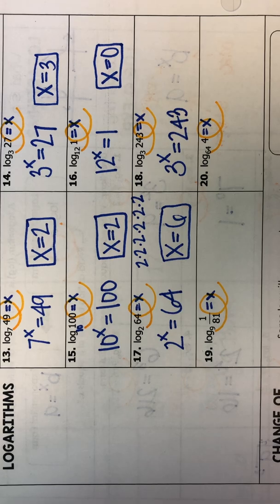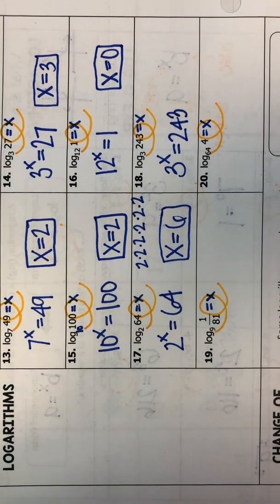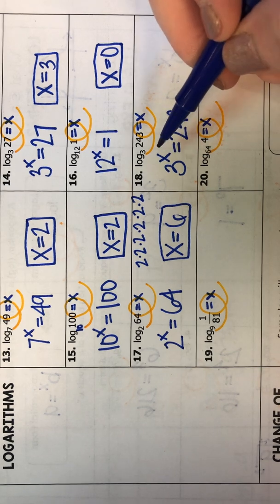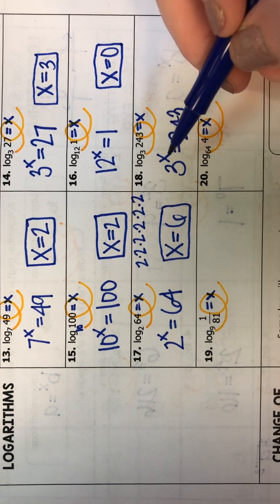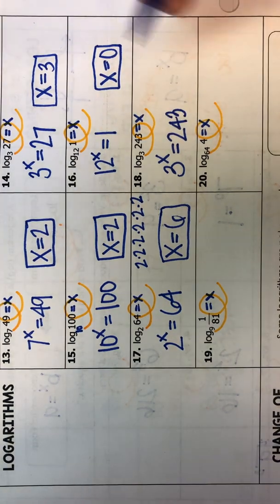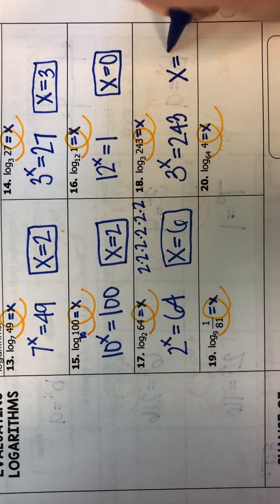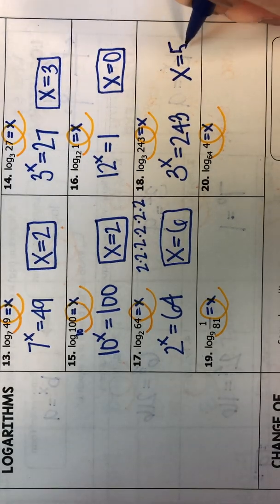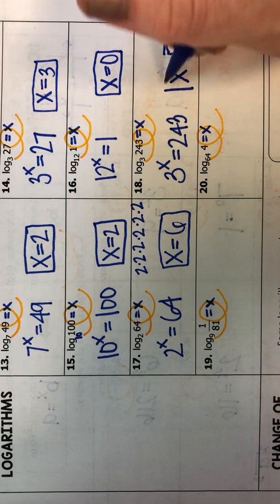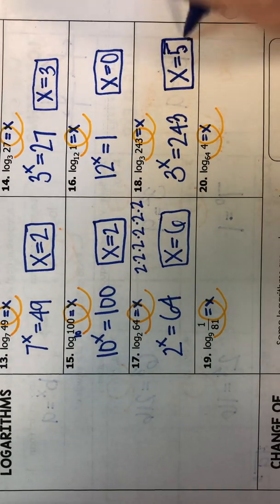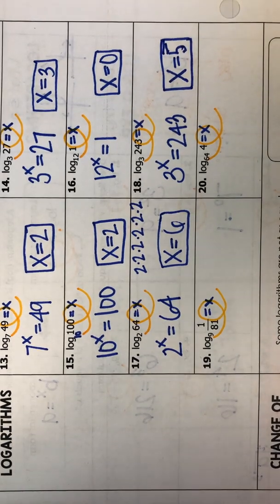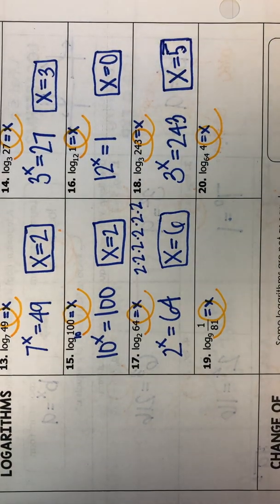So I've got 3, well, it's more than just multiples of 3, but 3 squared is 9, 3 to the 3rd power is 27, 3 to the 4th power is 81, and 3 to the 5th power is 243. So this will be x equals 5. And I'm putting a box around my answers just so it stands out and there's no confusion about what my